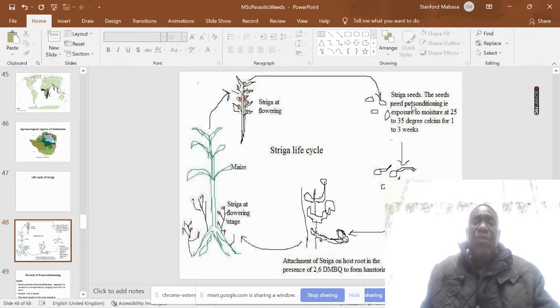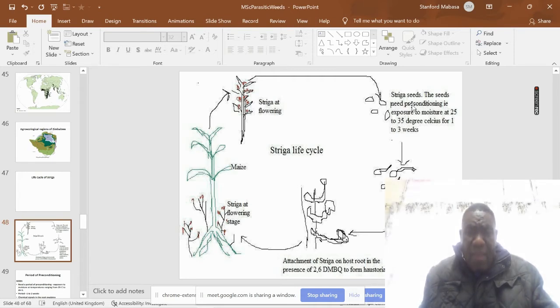It's like an incubation period. It's the preconditioning period. Once that has been achieved, you now need the presence of the host, which is going to be attacked. That host should produce germination stimulants. The germination stimulants, we call them strigalactones